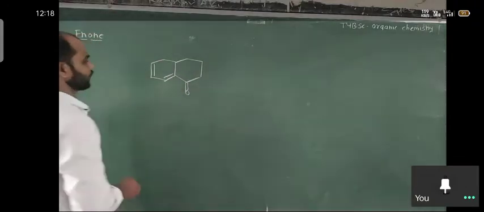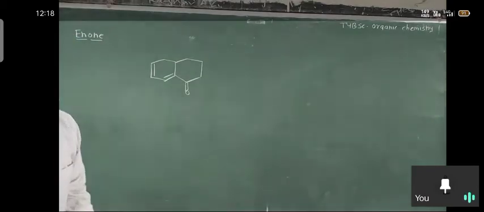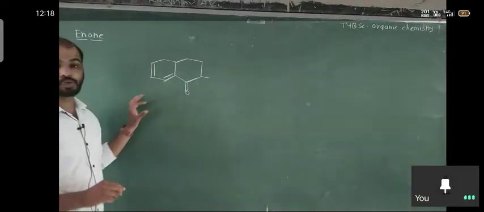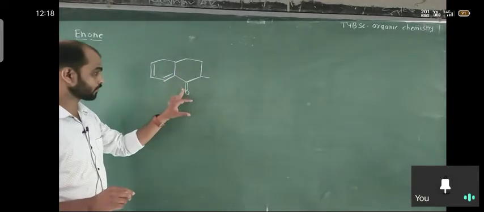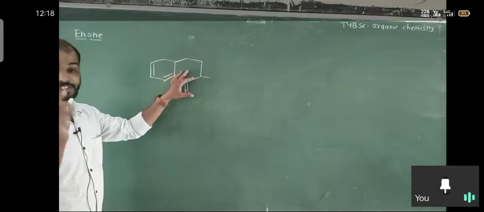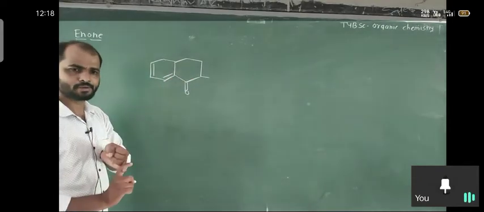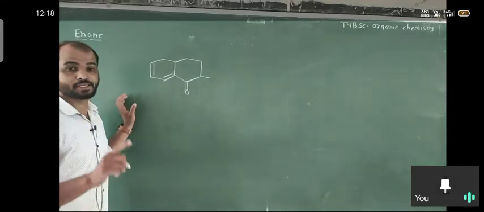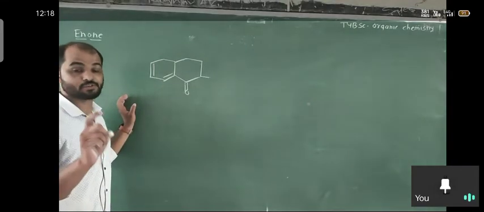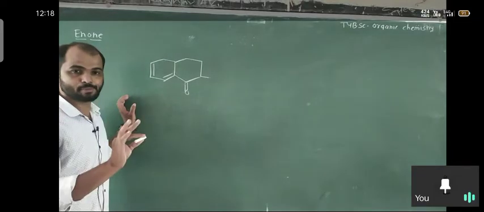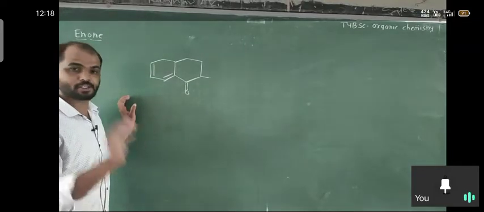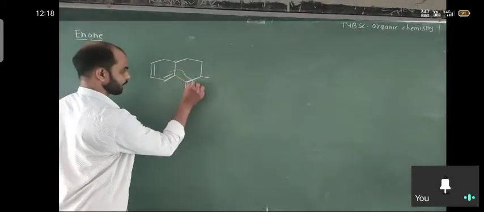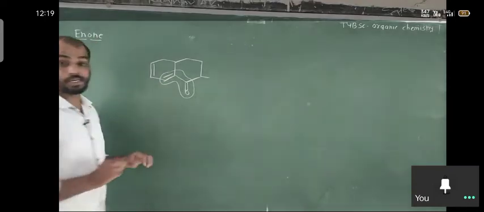Okay, this is for you. So here it is a 6-member ring, means the carbonyl carbon is a part of a 6-member ring. So for 6-member ring, the value is 250 nanometer. Only 202 nanometer value is considered for the 5-member ring. Other than 5-member, for all the rings, you can take value 250 nanometer. Okay. So first of all, you can label here. It is your enone.